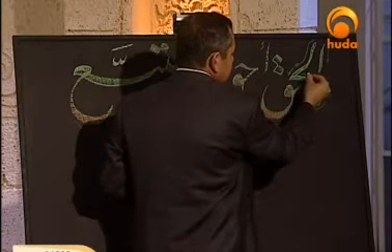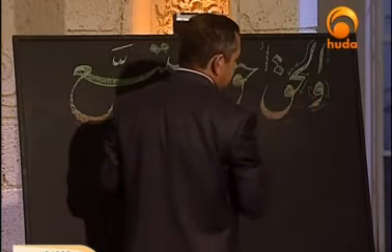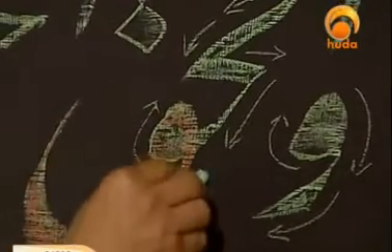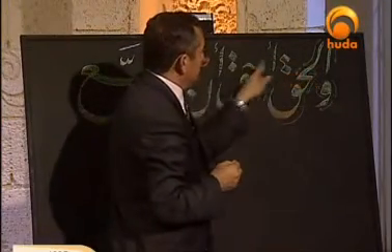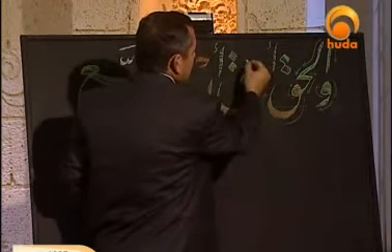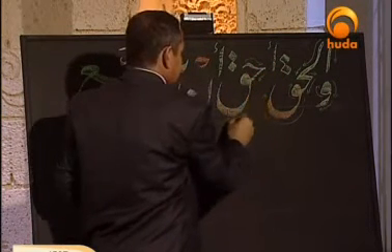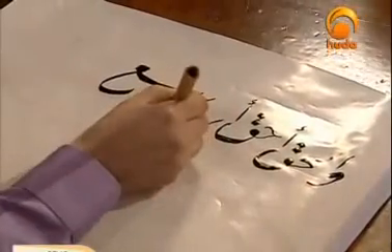And I go right and then left with a thin pen, full thickness here, and my curve comes like this. Here it's the same, alif the same way, ha also the same direction. The same one here also, alif,